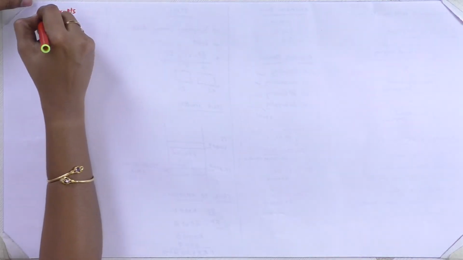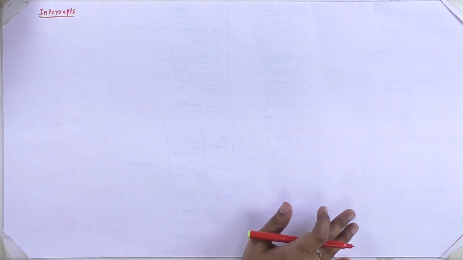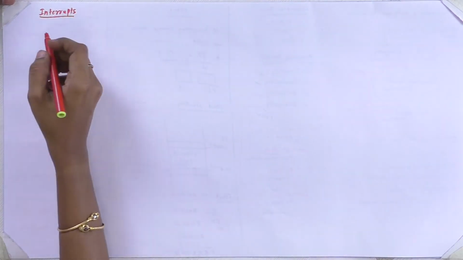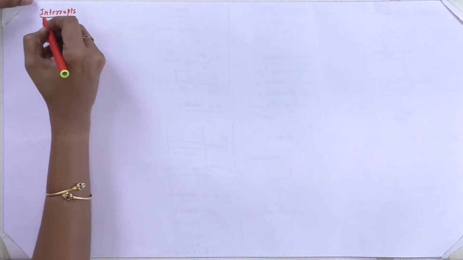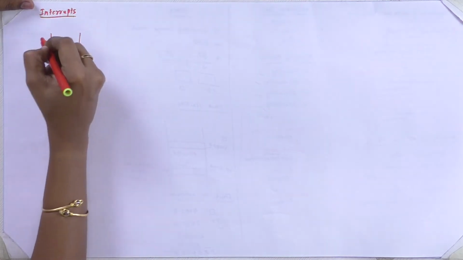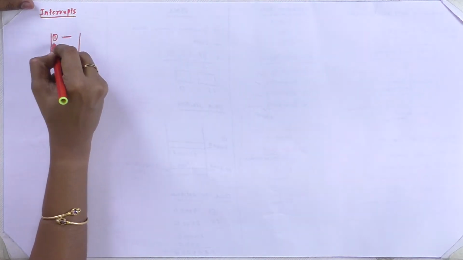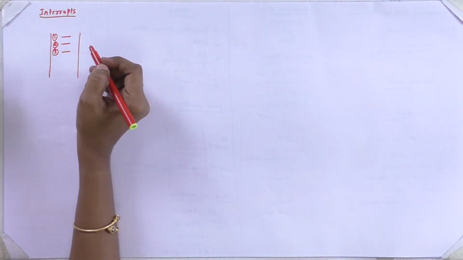Next, we will start with the concept of interrupts in the 8086 microprocessor. So the term interrupt refers to the situation where a processor is executing a normal set of instructions, first instruction, second instruction, third instruction, and during any